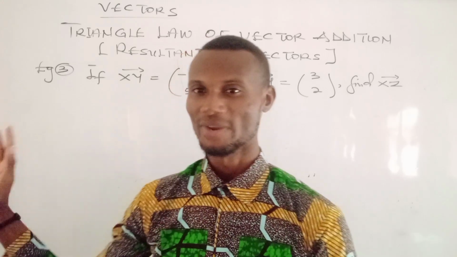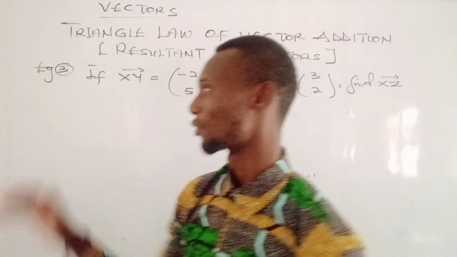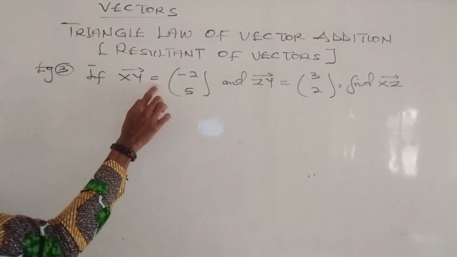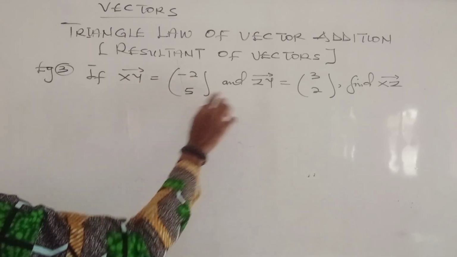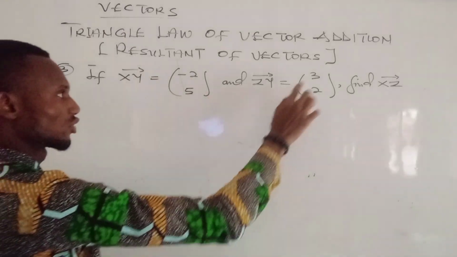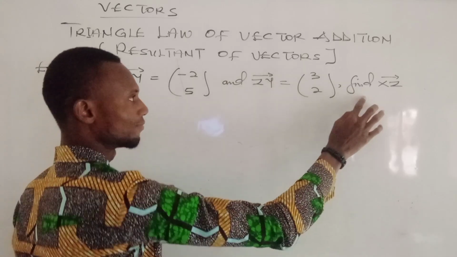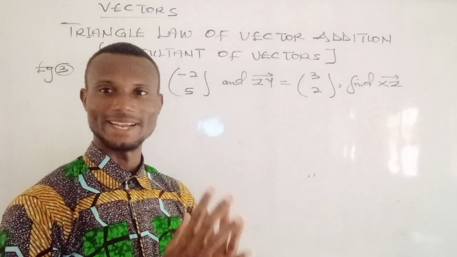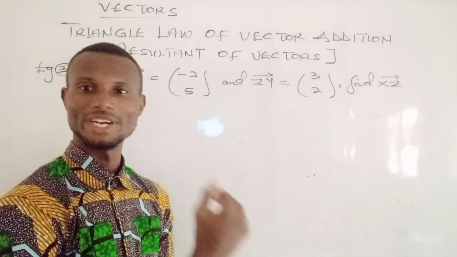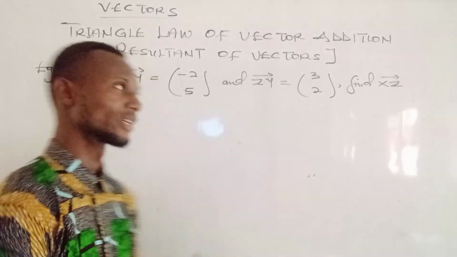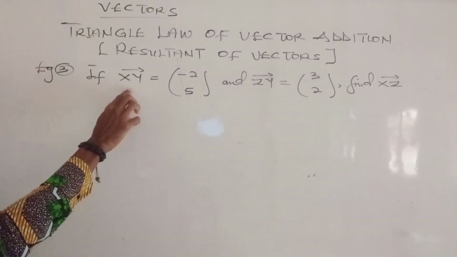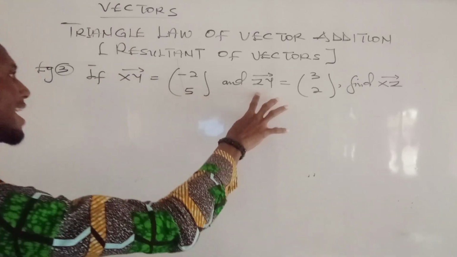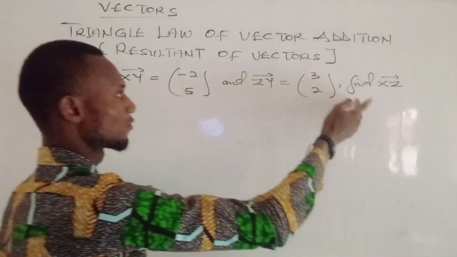Let's go ahead and read the question together and begin to solve. Okay, so example 3, it says that if vector SY equals -2, 5 and vector ZY equals 3, 2, find vector SZ. We are being asked to find the vector SZ. I'm going to read it one more time before we proceed and solve it. It says that if vector SY equals -2, 5 and vector ZY equals 3, 2, find